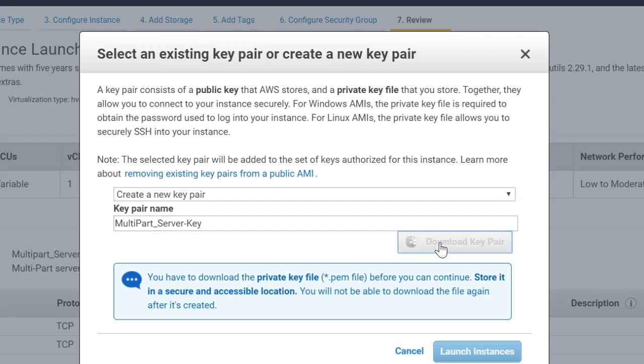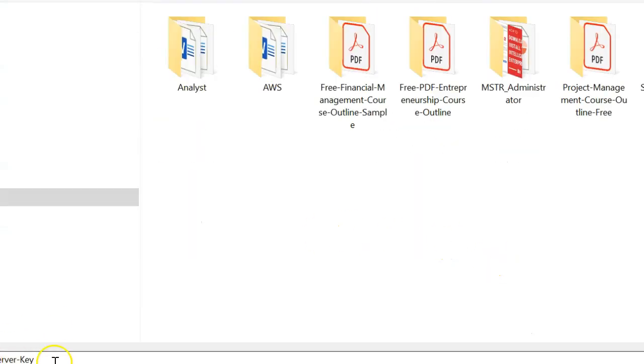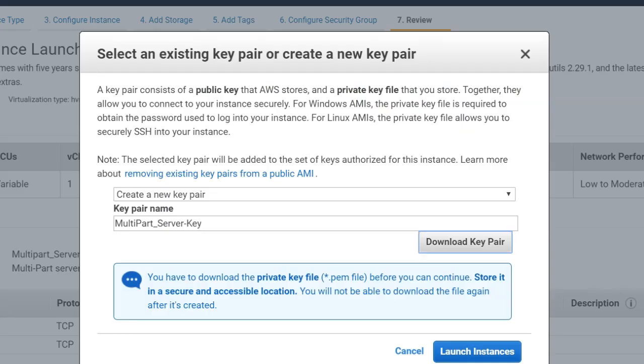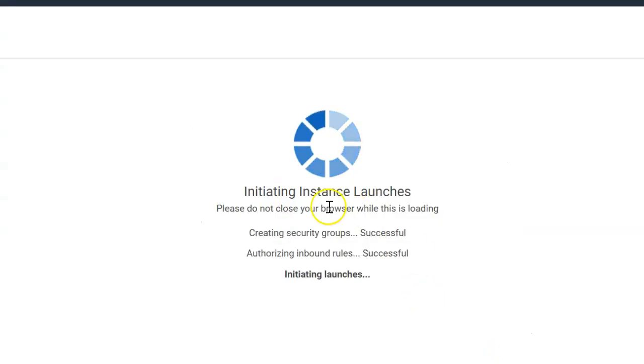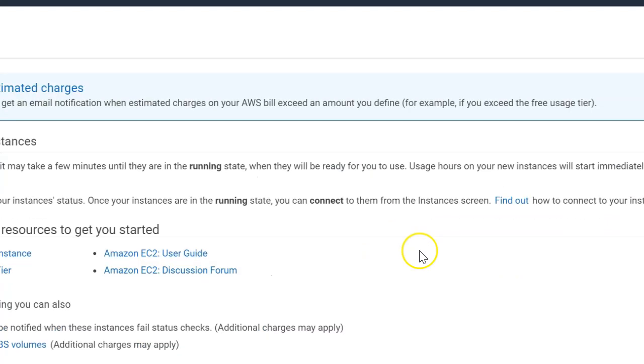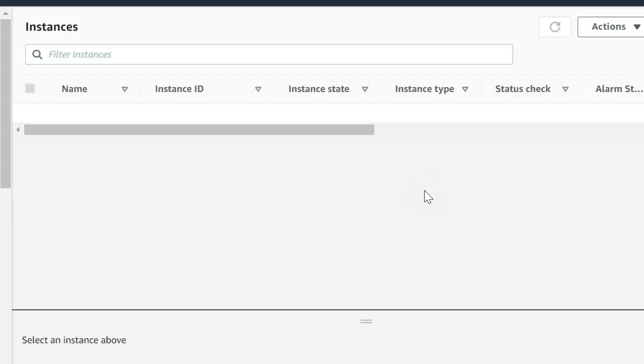Then you need to click on download key pair and save it somewhere. I'm putting this multipart underscore server hyphen key into one of my folders and saving it. Then hit the launch button. Launch instance is going to launch your instance. If you want to see it, just scroll down and click view instance here.